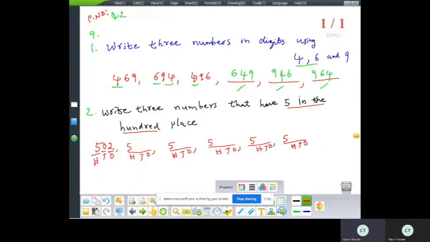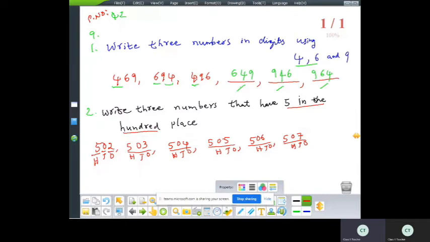We have to fill up the digits in the tens place and ones place, that is our wish. Here they are not asking anything else, only one clue is given, that is 5 in the hundred place. Here 502 is given. Now the next numbers are 503, 504, 505, 506, 507, or any answer from 502 up to 599. You can write any number from 503 up to 599.